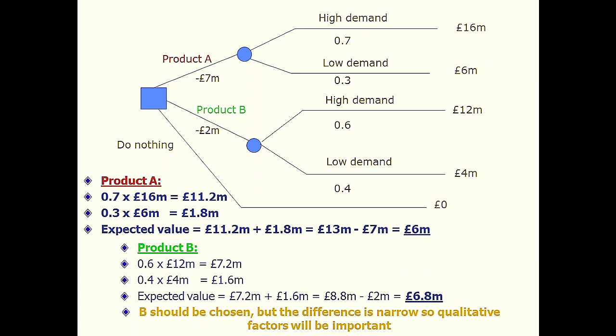For example, the product that is giving the company a more competitive advantage, or the future prospects of the product, or when the company wants to expand into a new market, so that product is more crucial for them. So things like that. Qualitative factors will also play an important role when we're making a decision. So do remember that decision trees, like I told you at the start of this video, are a quantitative model that tries to calculate the expected values of the different options.